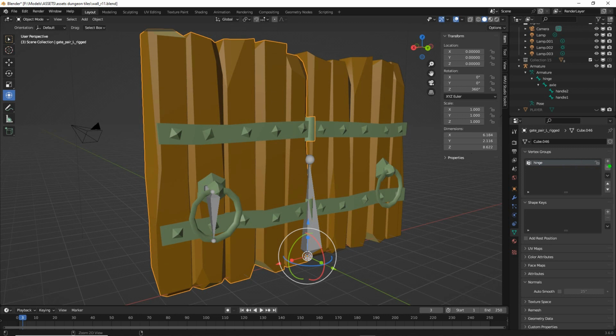Click the plus button again, call this axle, and again handle 1, and again handle 2, double click. So those are our groups, and as mentioned, they correspond to the armature's bone names, or the individual bones